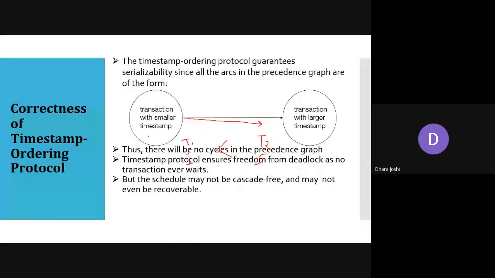Non-recoverable means if we are having these two transactions, T2 and T1, T1 has updated some item like here, and T2 has read the same item and committed here. T2 is complete, but after some time here T1 has a system failure, so it needs to be rolled back. So this value from which T2 has taken the reference will never exist, and now T2 is not able to recover also. So it is called a non-recoverable schedule, which we have seen.